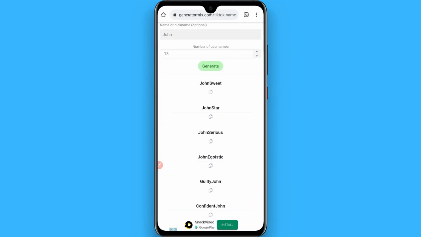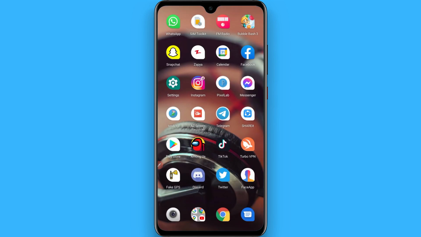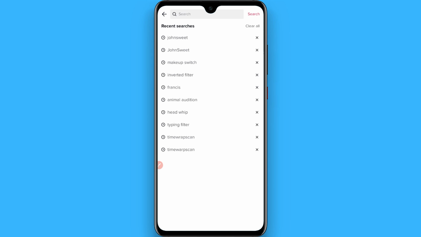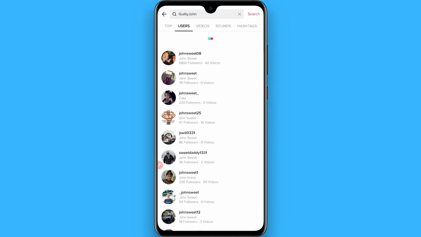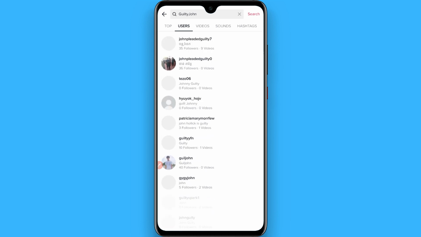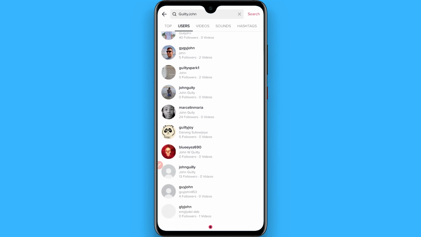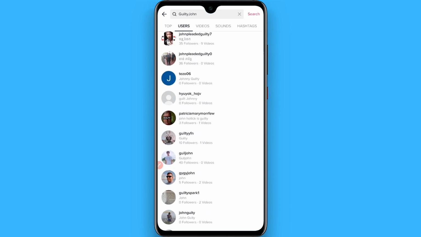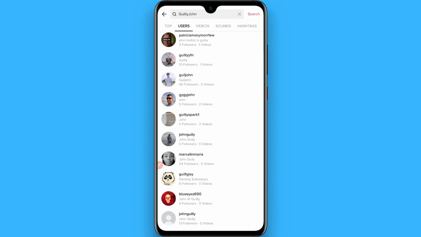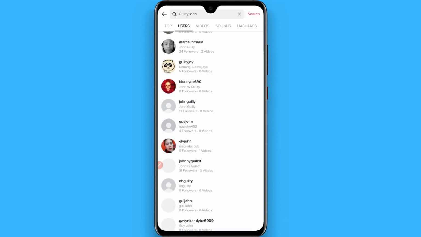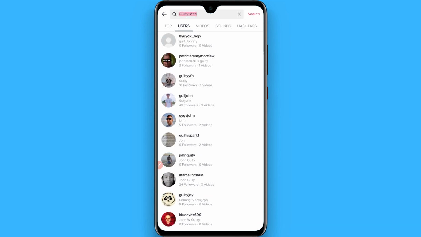Go back and copy another name and now paste it here and search for it. So you can use this name as your TikTok username. As you see, there is no profile with that name, so you can copy this